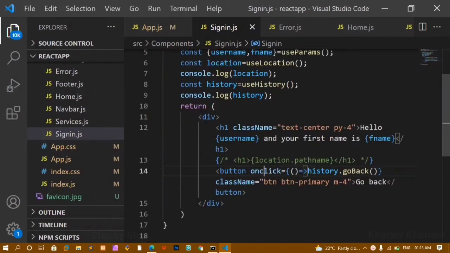Now inside this button I have just passed this onClick event. I will change it to capital C, onClick, and inside this I am telling that whenever I click on the button I should be redirected to whatever page I visited before. This history is nothing but this one, whatever we are having here, and inside this we are having these properties. I am just accessing that. This is an object, we are accessing the property name, so object name dot property, and here I am giving the text as go back.